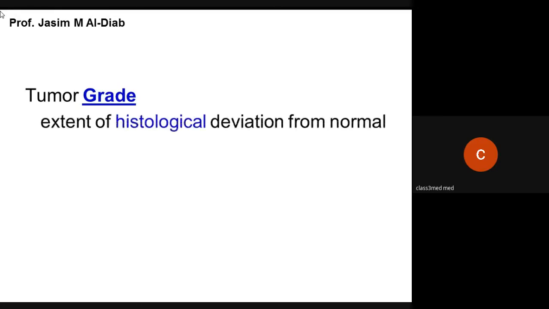In oncology, there is a general term widely used, which is the tumor grade. And so you have to understand and always remember what the term tumor grade means. Simply, tumor grade is the extent of histological deviation from normal. To what extent is this tumor, histologically, microscopically,